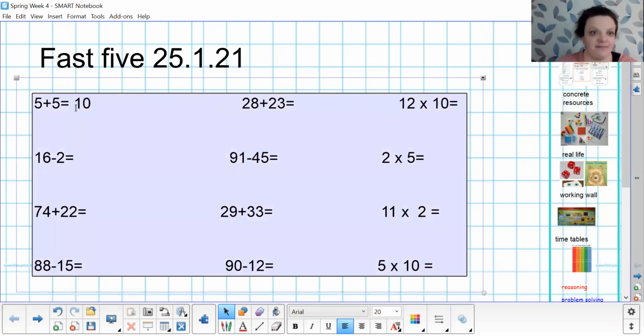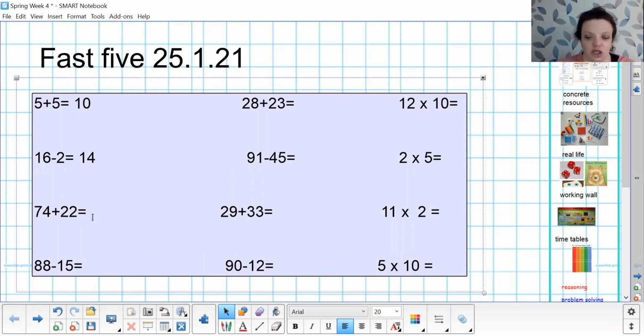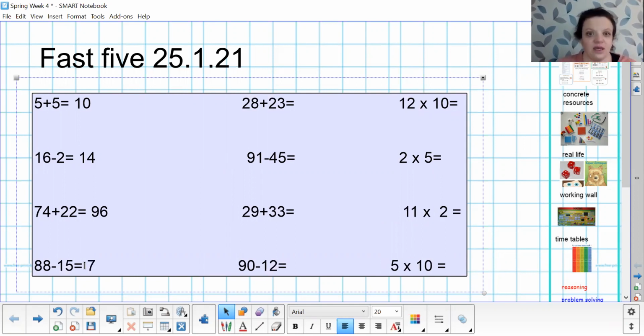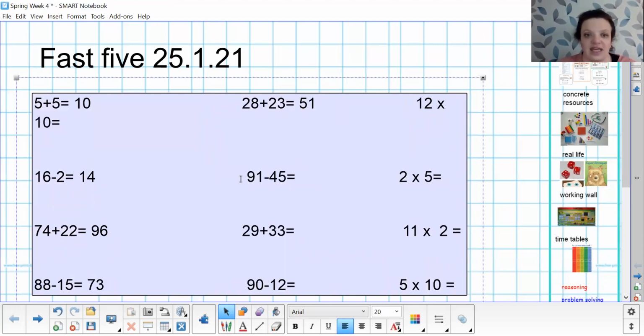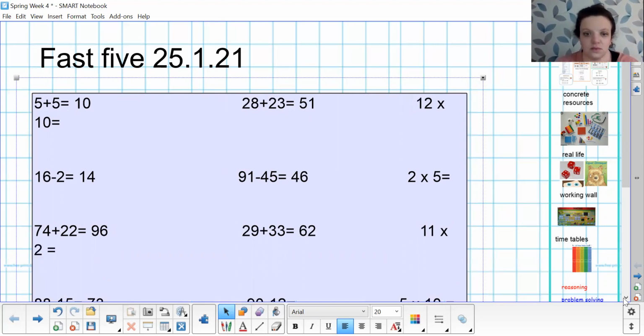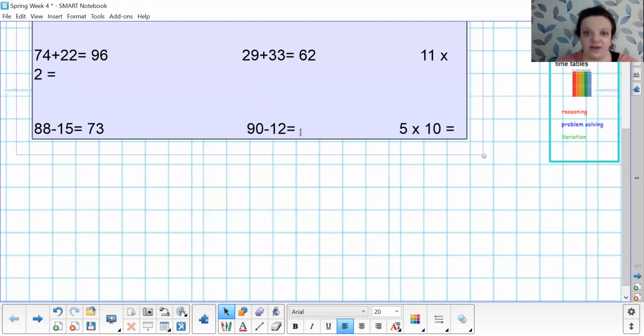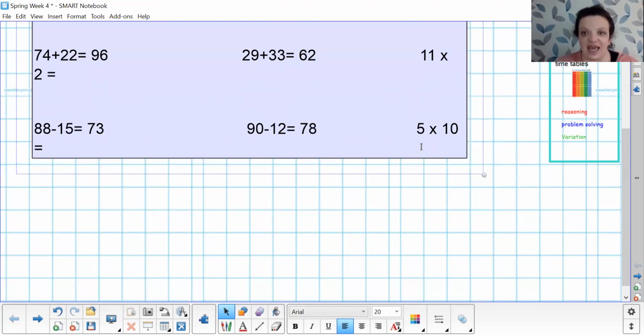So we've got 5 add 5 is 10, 16 take away 2 is 14, 74 add 22 is 96, 88 take away 15 is 73, 28 add 23 is, add the 20 is going to be 48 and add the 3 is going to be 51, 91 take away 45, so 91 take away the 40 is 51, take away the 5 is 46, 29 add the 30 is going to be 59, add the 3 is going to be 62, 90 take away 12, take away the 10 we get 80, take away the 2 is 78,